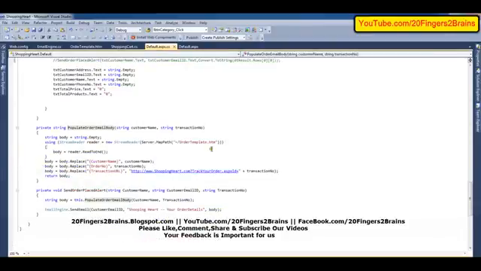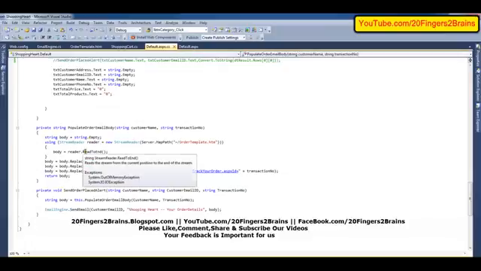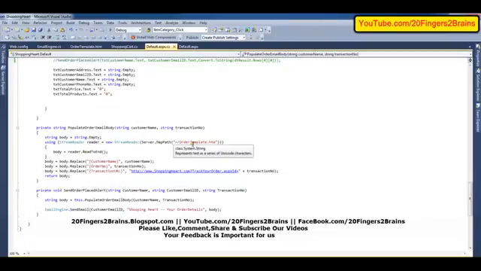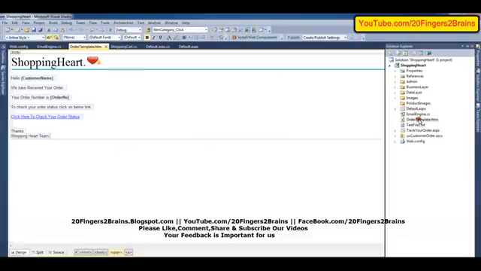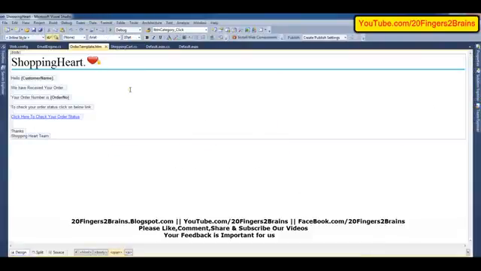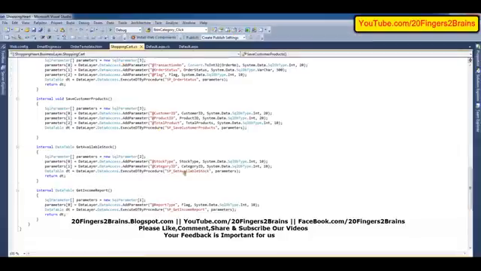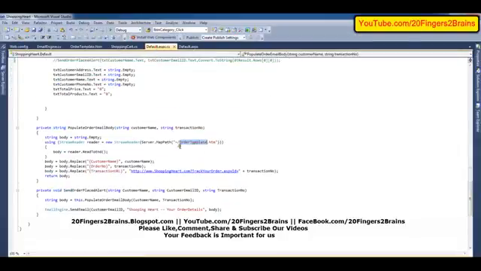So here we have it. String body is initially empty. Then using the stream reader from the server.MapPath, we are picking the order template.html. The order template.html will be read using the stream reader from start